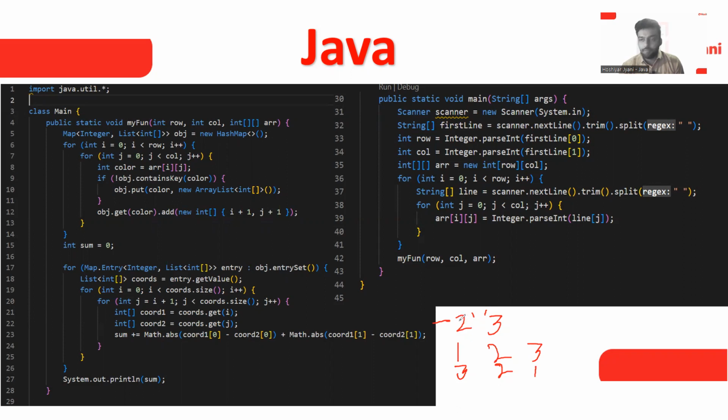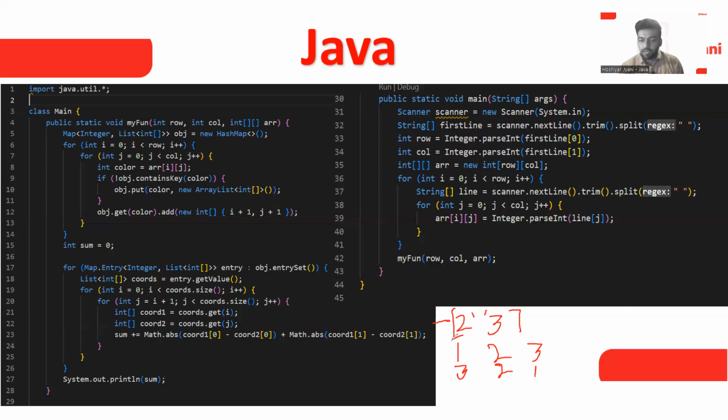After that, guys, we are simply converting it into the row and column. So we know very well the first element in this array is row and second is column. So these are values of integer type, int row and int column. So firstLine is containing the whole array. After that, we are taking the 0th element and the first element, and these are of type string. So how can we convert it into integer? Integer.parseInt, firstLine with index number 0 and index number 1. Okay, so we get the values of row and column.